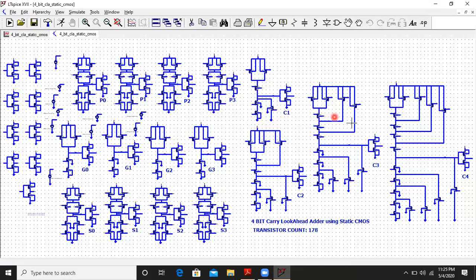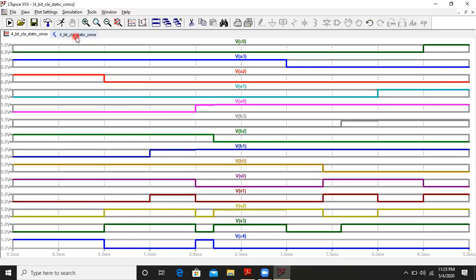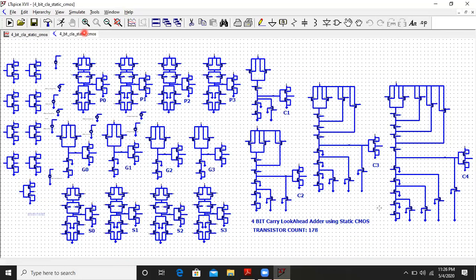If you have successfully implemented and understood these waveforms, one of the major motivations and aims, the adder circuits which are used everywhere in digital design, one step you have achieved successfully. So that's the beginning step to BVLSI. So we should be happy and proud to have completed the 4-bit carry look ahead adder using static CMOS style successfully.